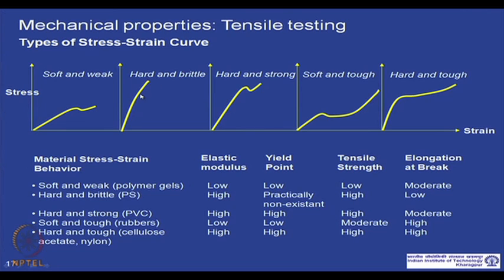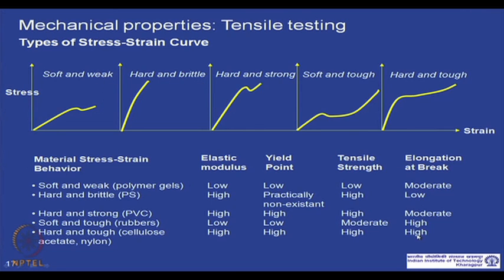This is hard and brittle, so it breaks at low strain elongation value. Similarly, this is hard and strong, this is strong and tough, and this is hard and tough, and examples of these are given in this table. So, hard means higher elastic modulus, whereas soft means low elastic modulus, and weak and brittle is basically given by